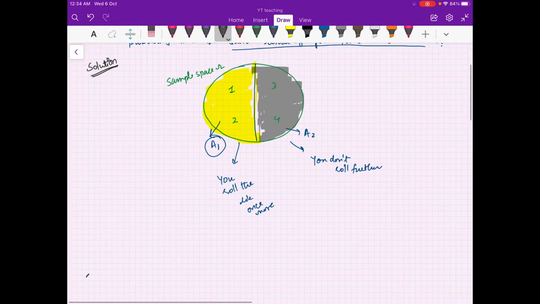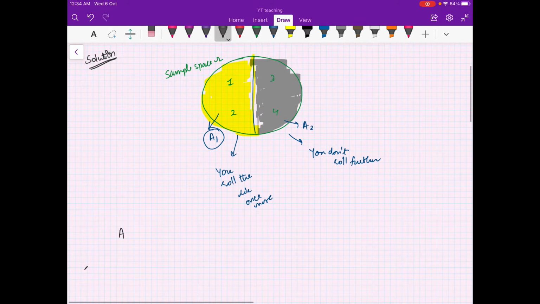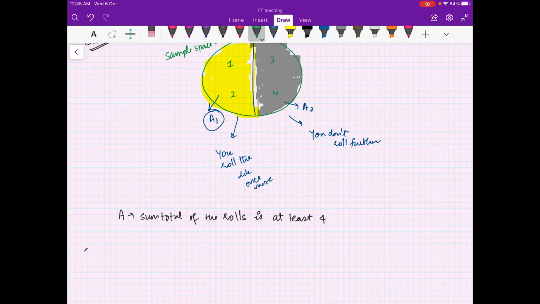We have our event A: the sum total of the rolls is at least 4. I can do this because A1 and A2 make a partition, so using the total probability theorem,